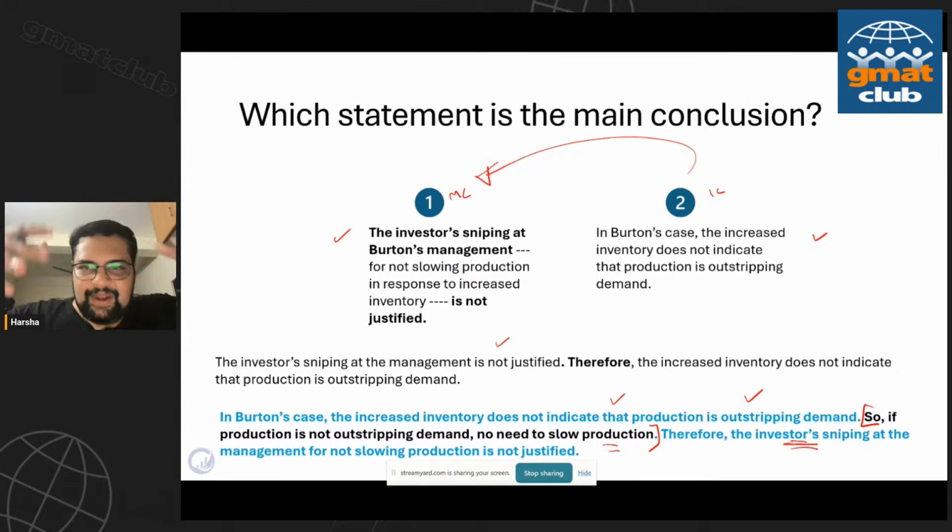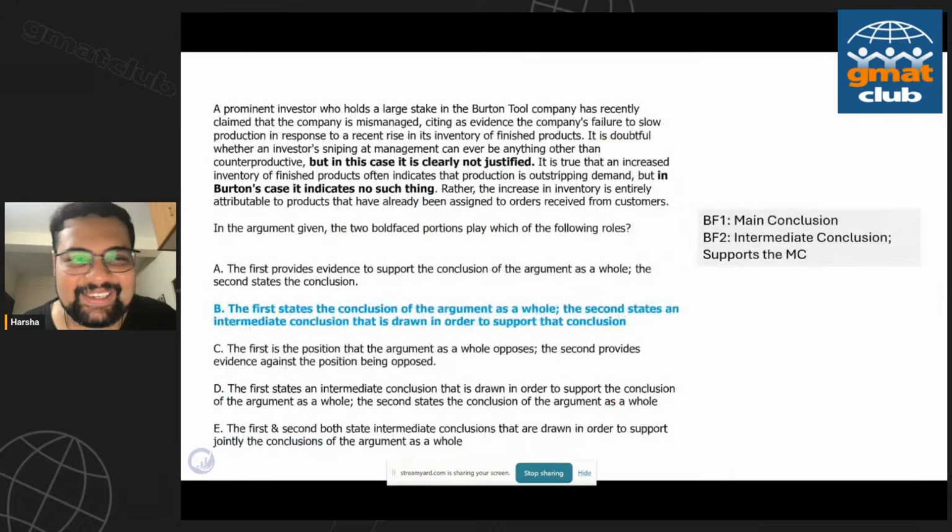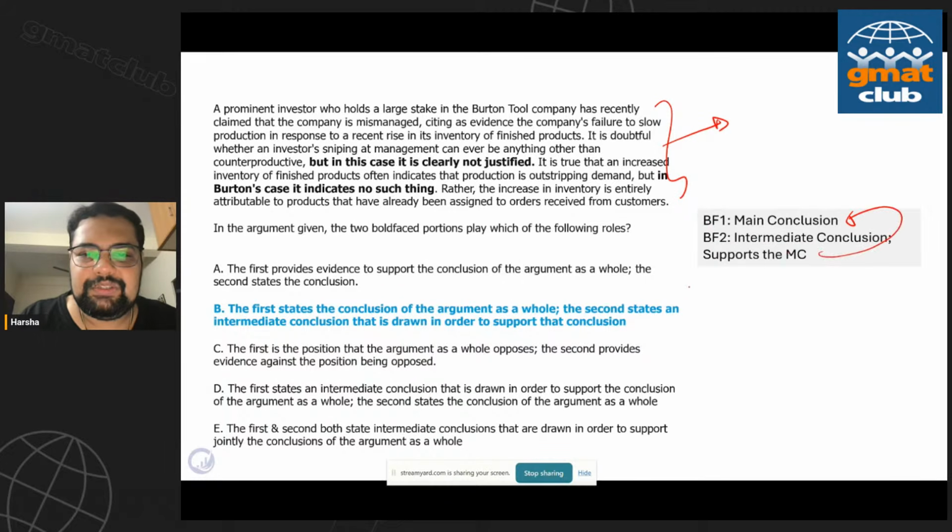Now, this is if you had to do that test. I'm happy to see that none of you needed it. So very quick, before you go to the choices, once you've read the argument, you've understood it, read it like a normal person, and somewhat categorized it quickly, you identify that the main conclusion is actually boldface 1, and boldface 2 is an intermediate conclusion that supports the main conclusion. Choice B. I doubt, because none of you gave me any other choice, I'm not going to discuss any of the other choices. Let's move to the next question.